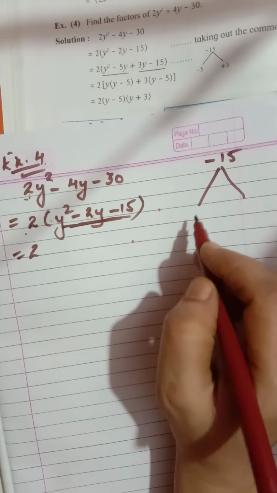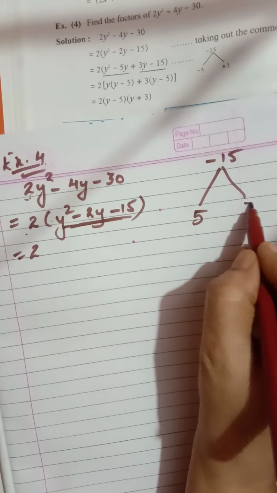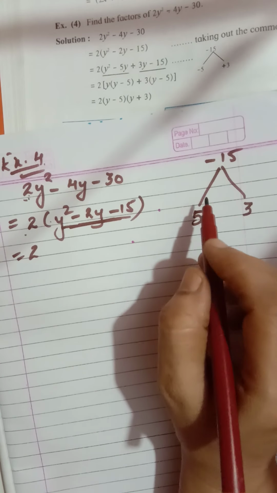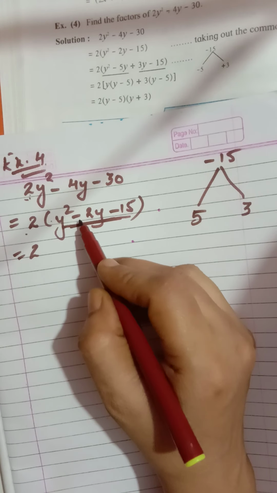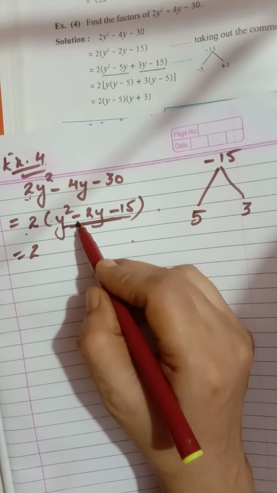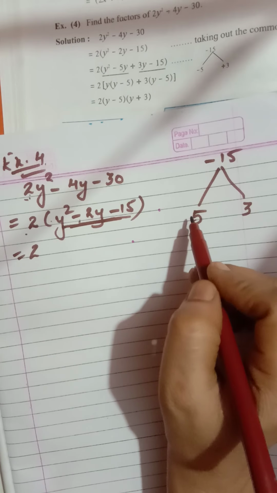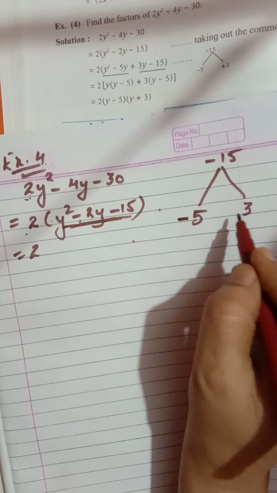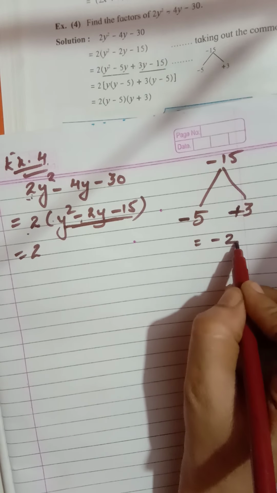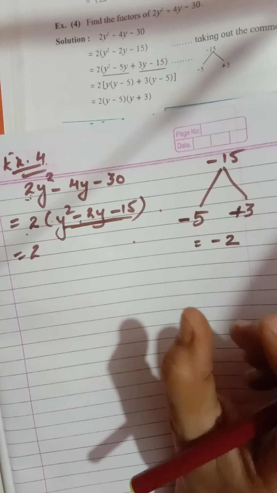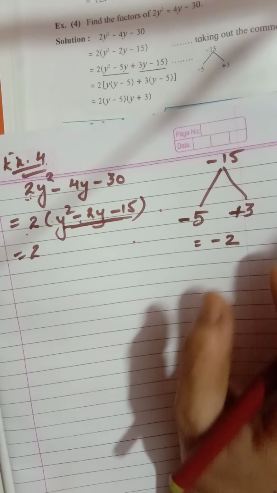Now what are the factors of 15 children? Tell me, what are the factors of 15? 5 3s are 15. Now see children, here is one other way you can remember. Here you want a minus sign. So if you want a minus sign, that means the bigger number should be minus. So here it is minus 5 and plus 3. What is minus 5 plus 3 children? Minus 5 plus 3 is equal to how much? Minus 2. That is your required middle term, yes or no? And minus 5 into 3 will come minus 15. So you are getting the product also.